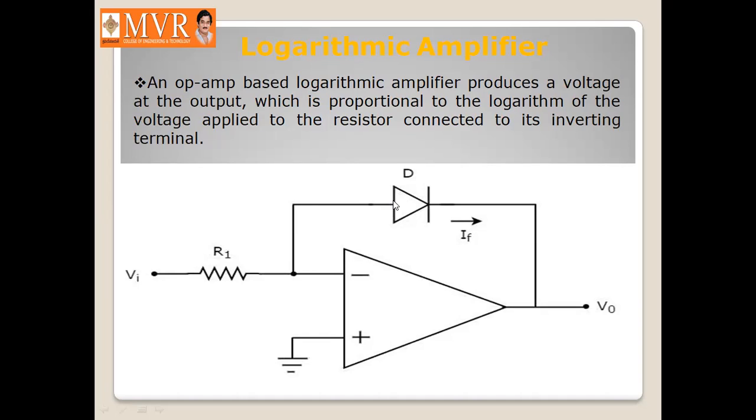Just by introducing a diode D in a feedback path. Here the op amp is going to act as an inverting amplifier, and we are giving the input to the inverting terminal of the op amp through a resistor R1. Based upon this resistor R1 and this diode that is connected as a feedback, it will produce the output voltage which is proportional to the logarithmic value of the input